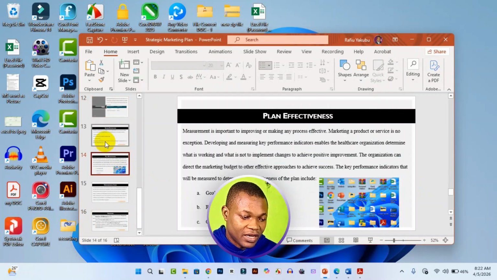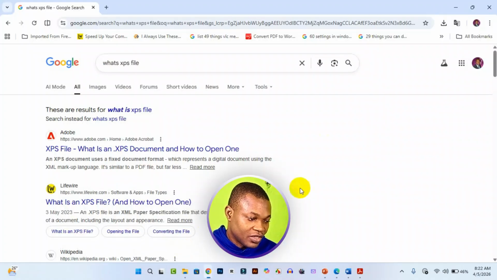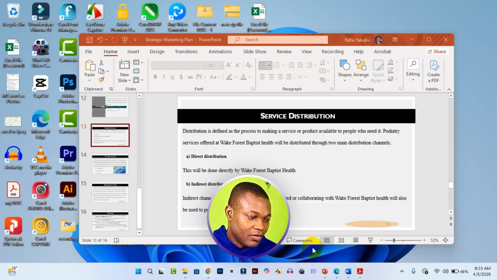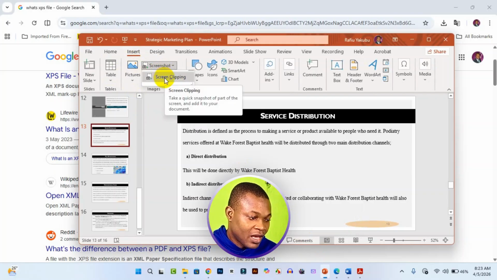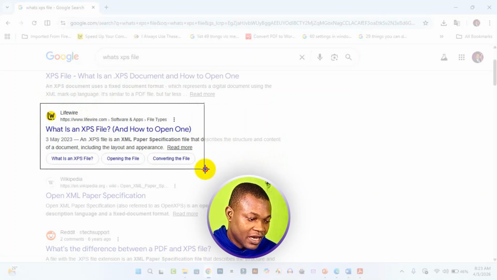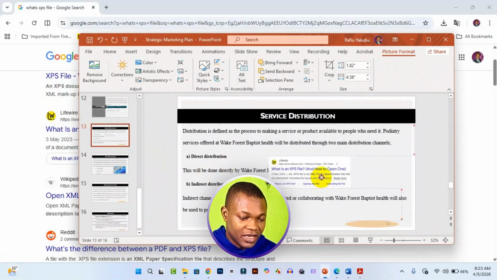We can decide to add another screenshot to this part. So let's say, for instance, we want to screenshot part from the web. So go ahead and open up your browser. Let's say I want to screenshot this part of the result right here. So we want to make sure we bring out my PowerPoint right here. Then we go to the Insert tab. Then we click on Screenshot right here, and then we click on Screen Clipping, and automatically we drag and capture the area we want to screenshot,